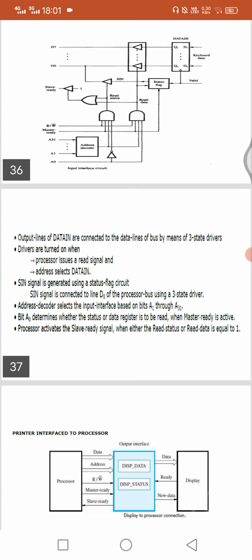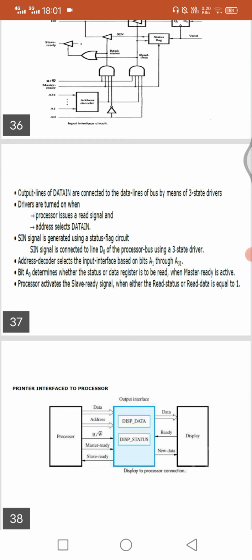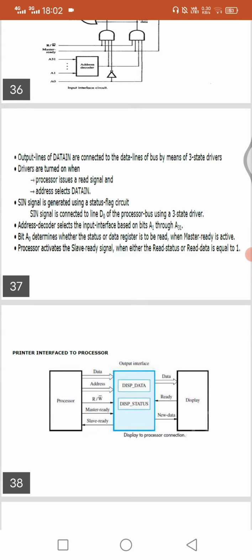So if the address identifies DATAIN, only then the drivers are turned on. The SIN signal is generated using a status flag circuit; only with the help of the status flag circuit is the SIN signal generated.